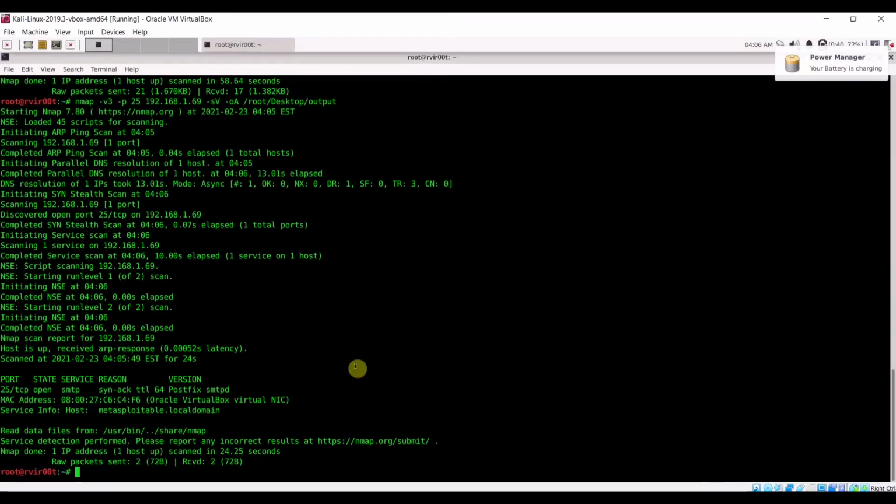So this way you can also take output, and if you want to take only XML output, then you can use -oX, right? So there are multiple other switches for the output. The next